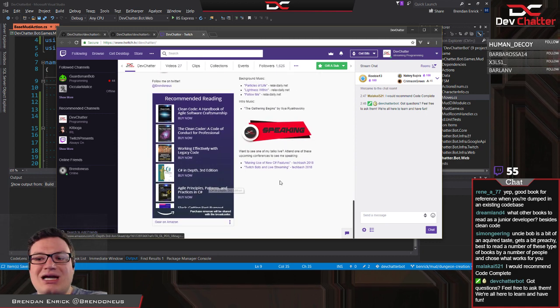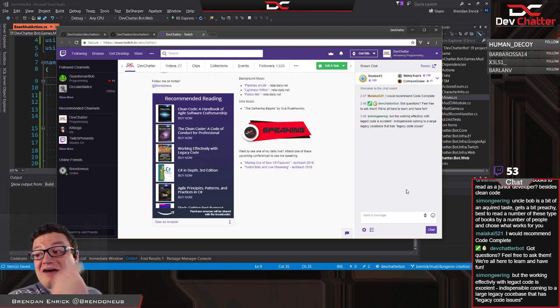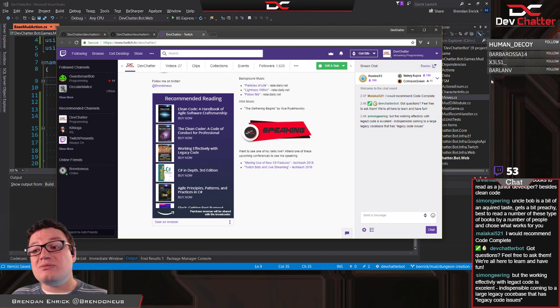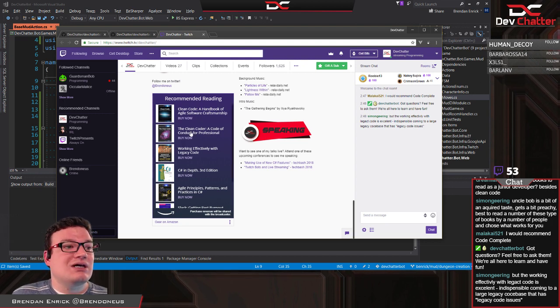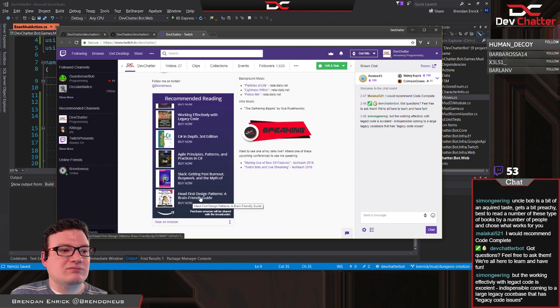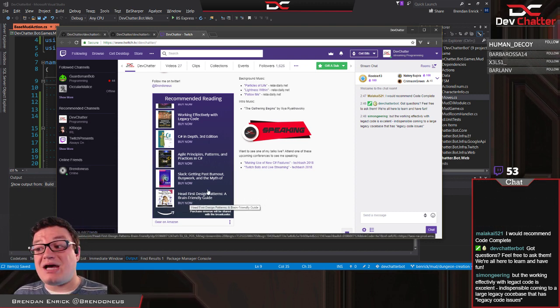So interestingly, I don't have it in this list here, Malachi, but funny enough, I have a copy of Code Complete on the bookshelf behind me. So Code Complete is a good book, as Malachi mentioned. But the other one I would recommend as a beginner is actually this one here on the bottom. It is called Head First Design Patterns.